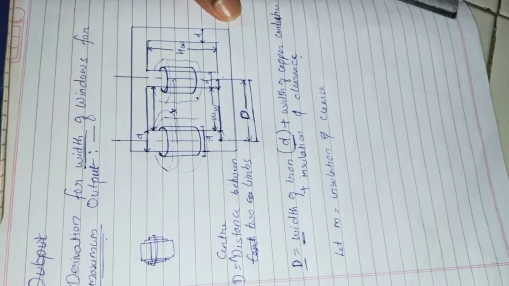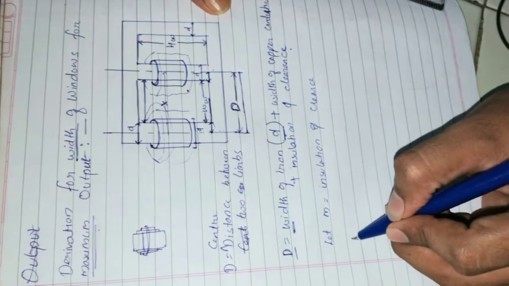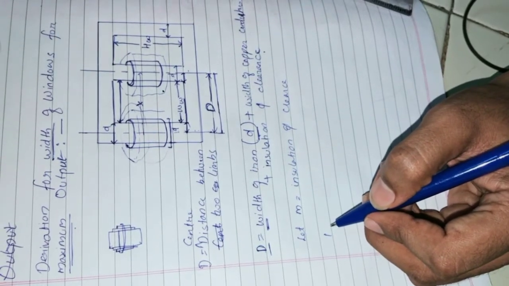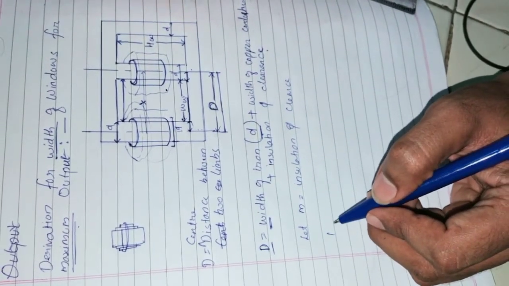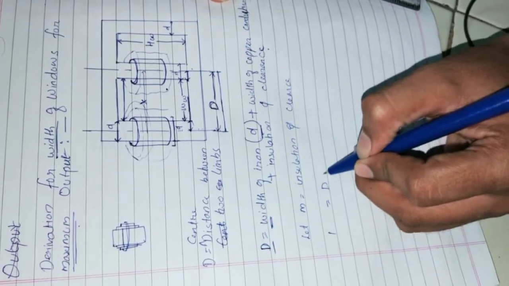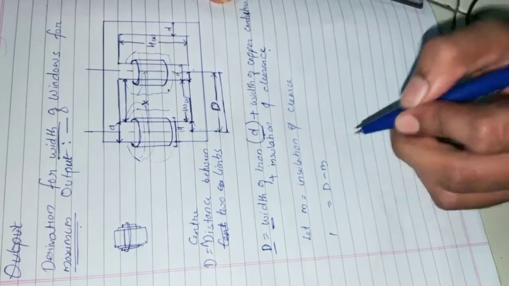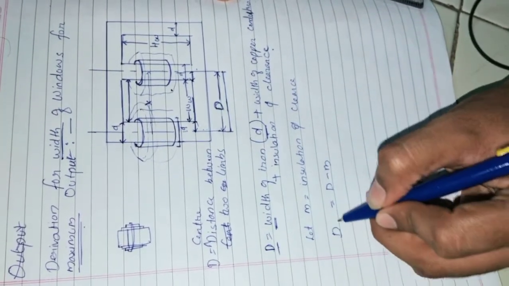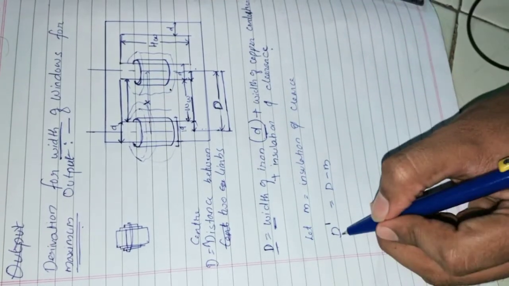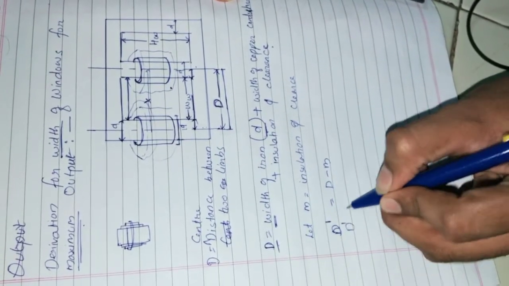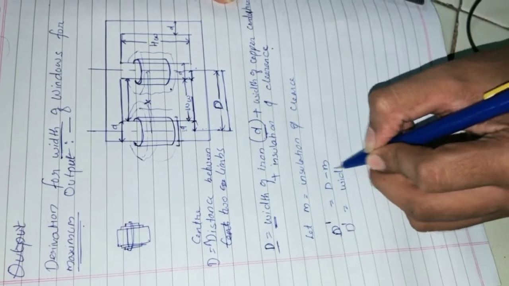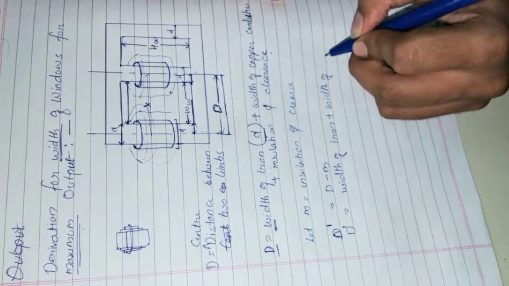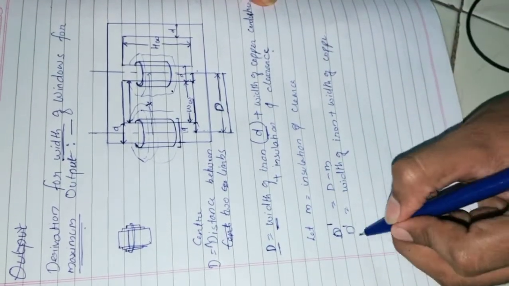So what will our D be? Now D is the complete area. From that we are planning to subtract the insulation part. Whatever insulation and clearance we have, we will now take out of the main D. That means D minus M. So what will we have? Will D remain now? No, the area will be a little less. So we will consider that as D dash. So what is D dash? Now D dash is only width of iron plus width of copper. Understood what D dash is?